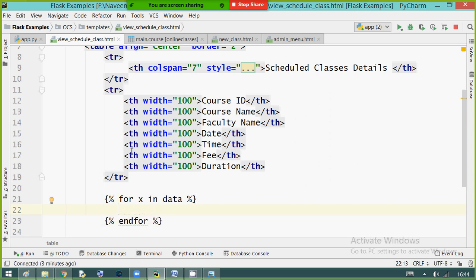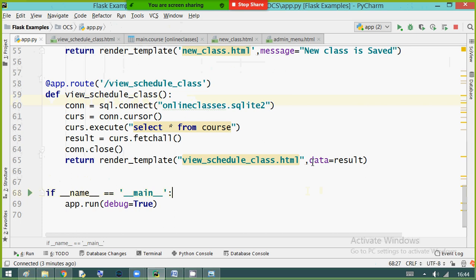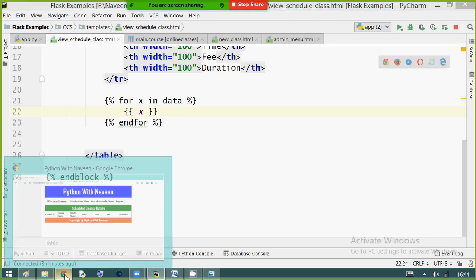Which name, sir? This data name. Observe carefully. I am sending data, key and value. This data I am using here. Temporarily I will print variable x and we'll see the result. Just have a look.